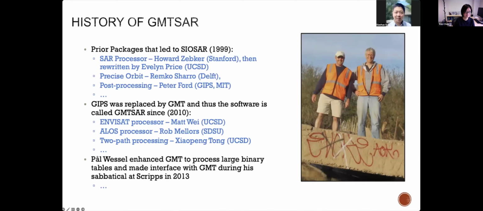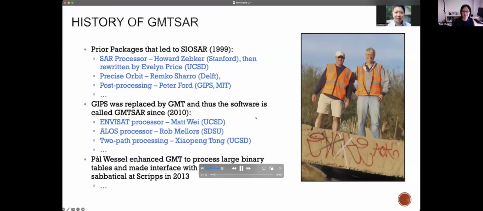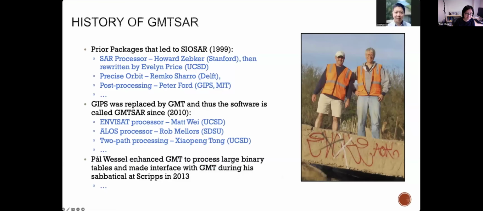Then around the year 2010, the GIB software was replaced by GMT, and thus the software is called GMTSAR. Later on, there were more developments, such as different processors for different satellites by Matt and Rob, and also two-pass processing modules by Xiaopeng. But what really makes GMTSAR like today's GMTSAR is when Paul was on his sabbatical,